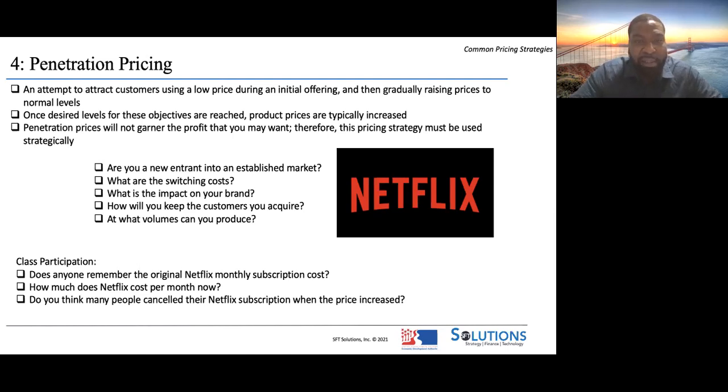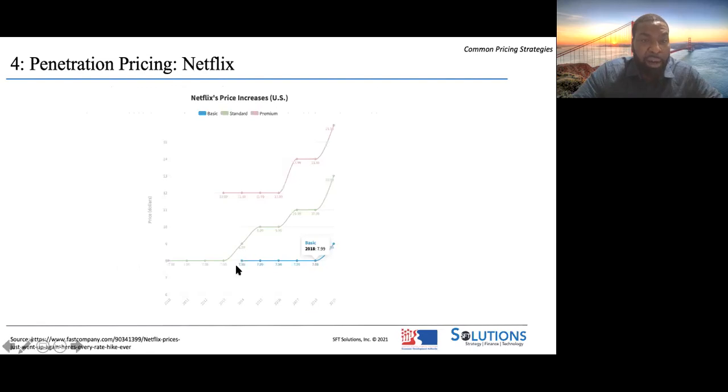So a good example of this is Netflix. Here is a graph of how Netflix pricing has trended over time. When Netflix was a new commodity and competing with Redbox and Blockbuster and who else in the marketplace, they were at $7.99. And if you follow this middle line, you can see over the course of time, they have pretty much doubled their price, right? So everyone knows Netflix now, but in the beginning, they essentially had to buy market share to convince customers to use their platform. And now they're a resounding success.